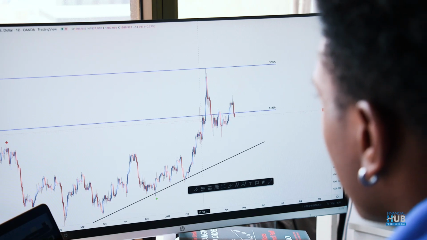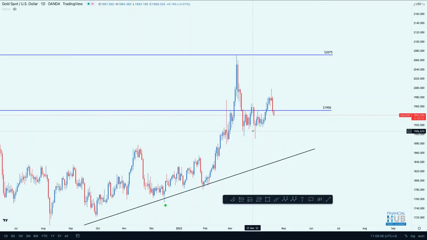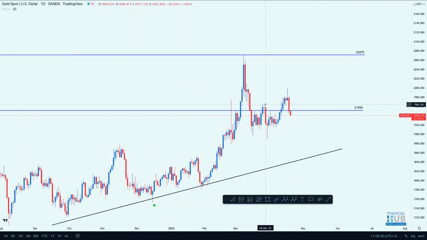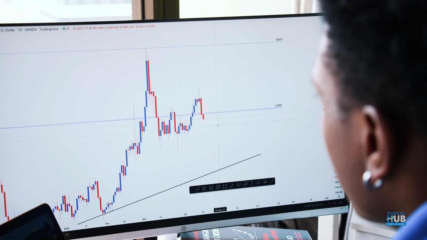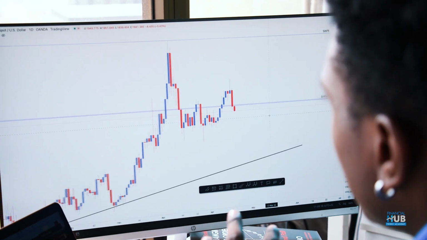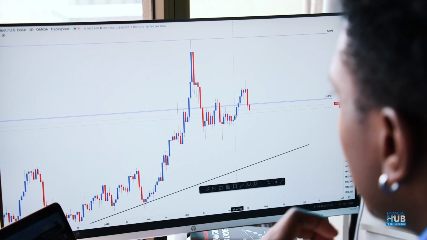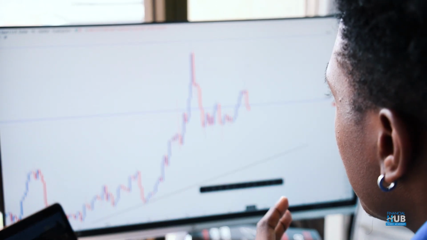Market tried to reject over here. We got that strong breakout. Market came and broke back below it, tried to break back above, broke back below it, broke back above, and now market is sort of trading back below it. Okay, so if you're not able to understand what is happening on the daily chart, because many people normally look at the daily chart, market has already closed, they're expecting it to move higher.